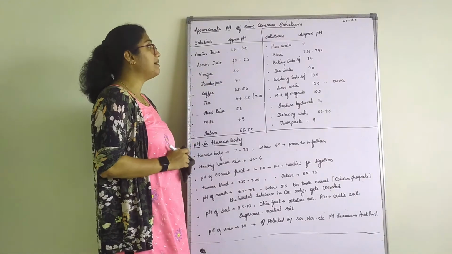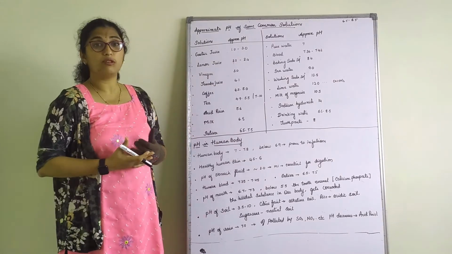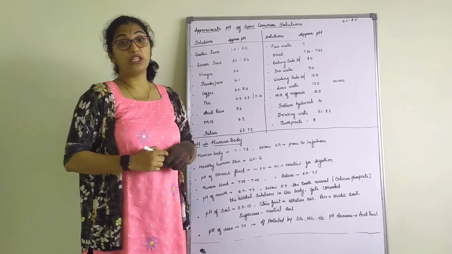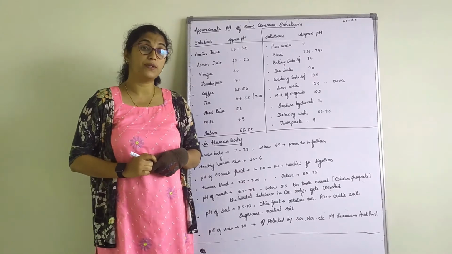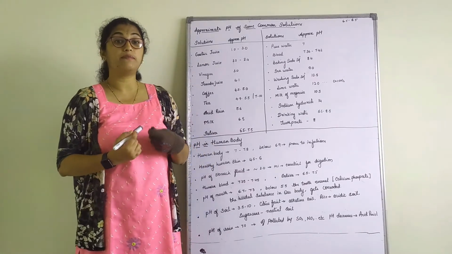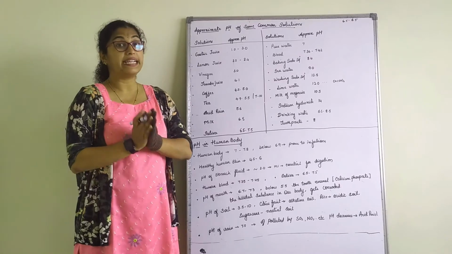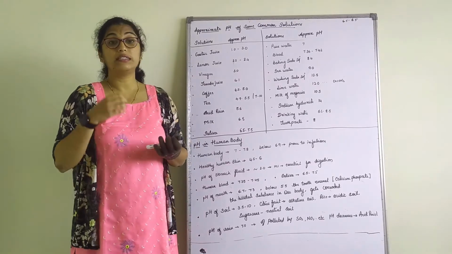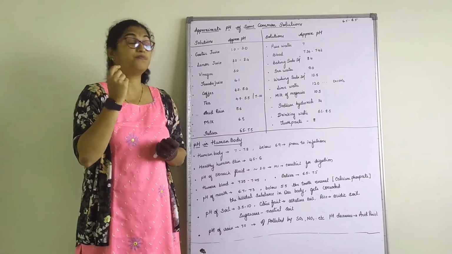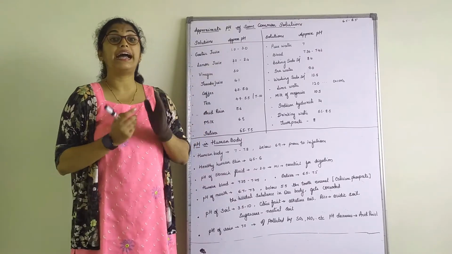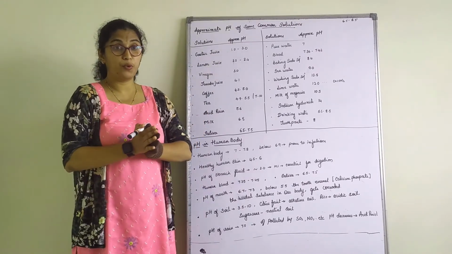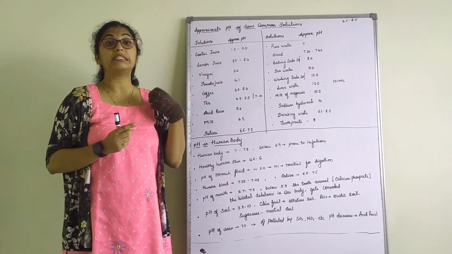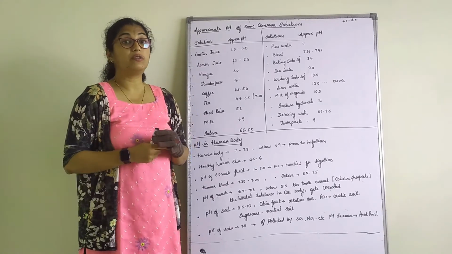So here, this is the approximate pH of some common solutions that we know or come across in our day-to-day situation. Gastric juice. Now, where is this gastric juice present? This gastric juice is present in our body, that is, it is present in our stomach, HCl, which we studied in the process of digestion. So, what does it do? The enzyme pepsin only works in the acidic medium for breaking down of proteins. If you recall that, right? It works in acidic medium, so our stomach produces gastric juice, which is nothing but HCl.